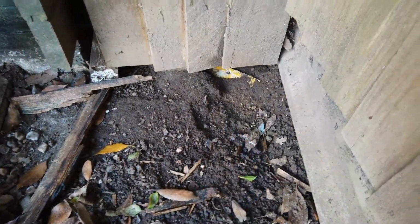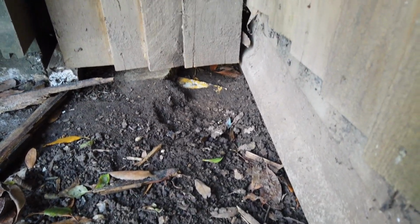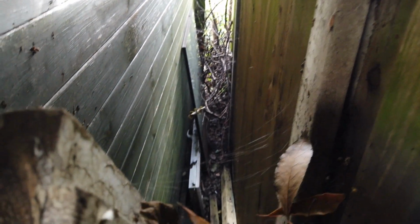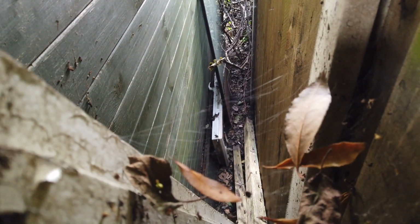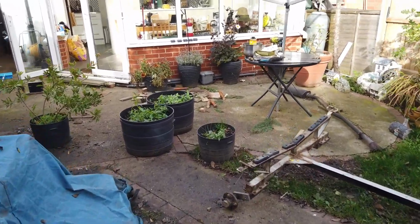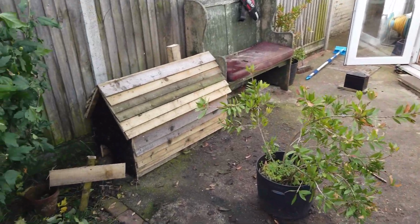Right, this is where the hedgehogs come in at night. You can see it's under the fence there. There's a little bit on the side of my fence, and they are obviously living in all that bramble down the side there. Excuse the state of my garden, I'm rebuilding a Mini at the moment, so I've got subframes in my garden and everything. So what I've done, look, I've built